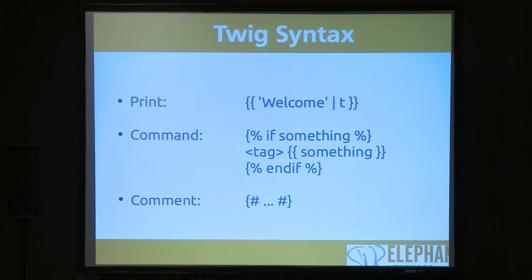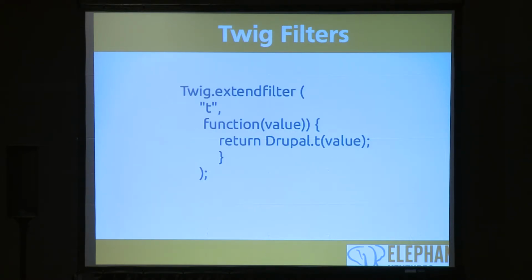But the filters are just bound to the function on the back end, which are also very easy for you to define. And so it's not like you can't go in there and write functional code on the back end to work with your theme. It's that your theme is no longer dependent on that. You don't have to do it in there, and you're not supposed to do it in the theme, but you can still go. And if you wanted to write, say, the translate function filter, it's as simple as this,